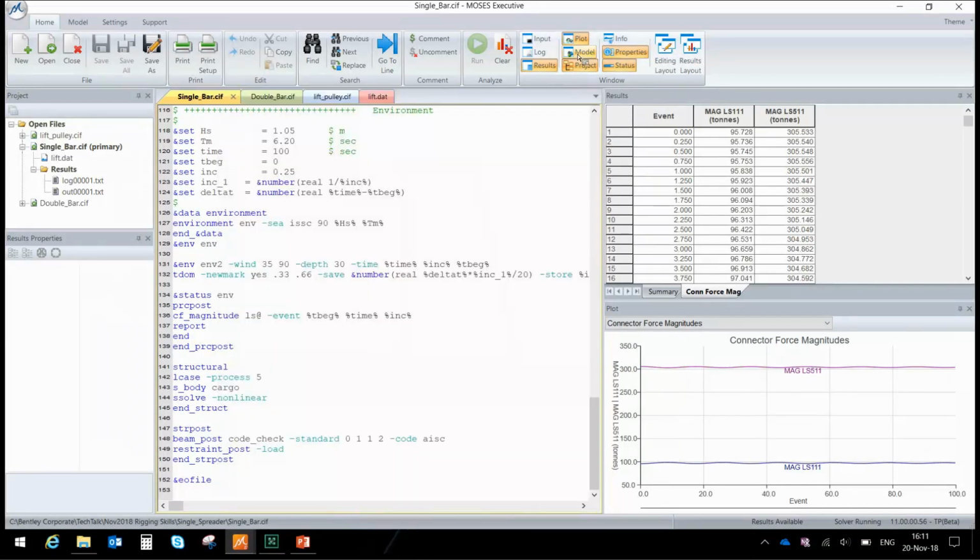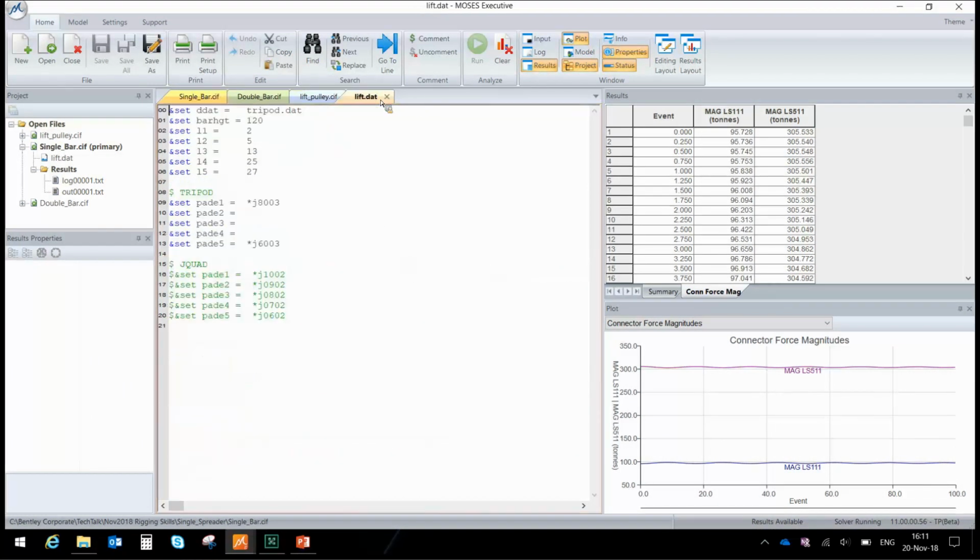Now, another thing I wanted to demonstrate is if I go back to the lift dat, remember this is the data file associated with my command file. And here is where I specify these variables padi1, padi2, and so on. As long as I know where the padis are located in my model, I can type in some additional nodes if I were to add 2 additional slings. So if I make this 8001 for padi2, padi4, make this 6001, save,